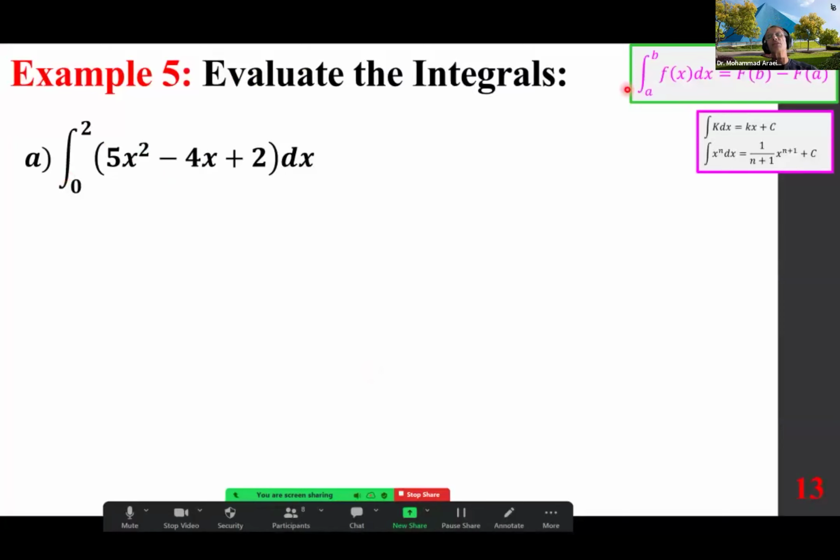So one of the FTCs says the integral of a to b of f of x dx, which is called a definite integral, which is a number, is capital F of b minus capital F of a. We are going to